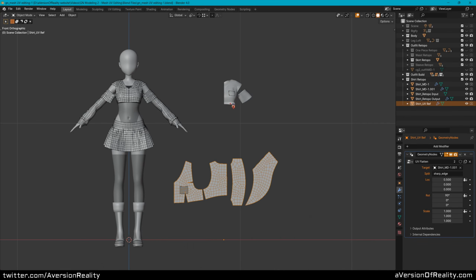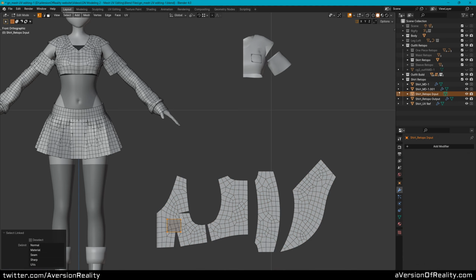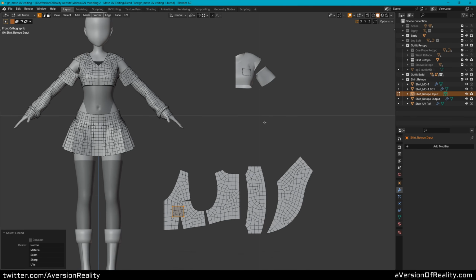Alright everyone, we're doing more GeoNodes. So last video, we made this nicer sleeve retopo, and I've duplicated the same setup we had in that video, but for the shirt, except I haven't done the UV map yet. If you haven't watched the last video, go watch it, because this is a direct continuation, and it won't make